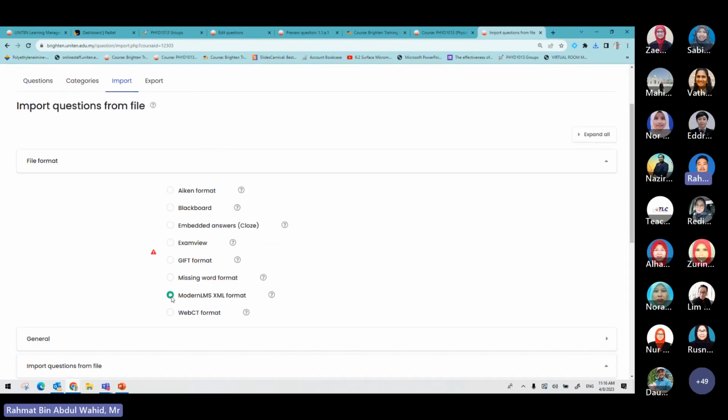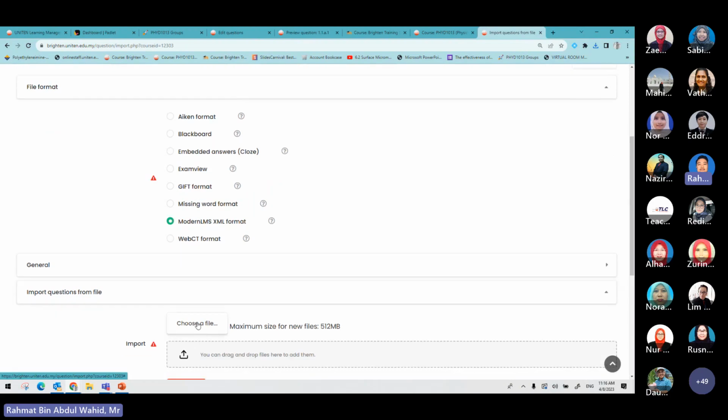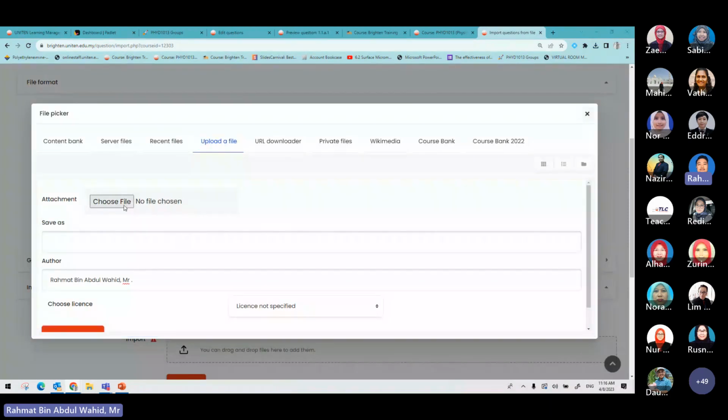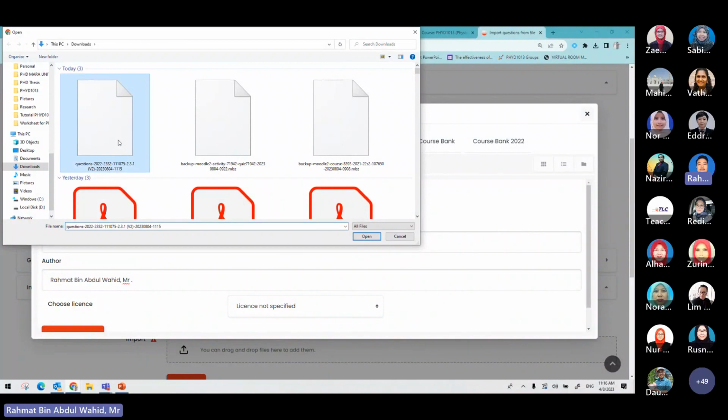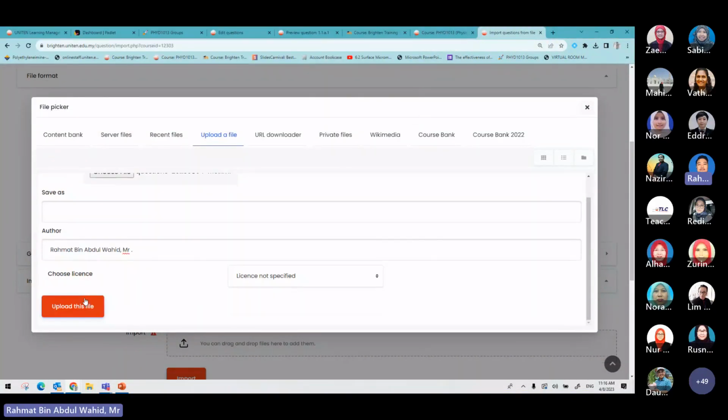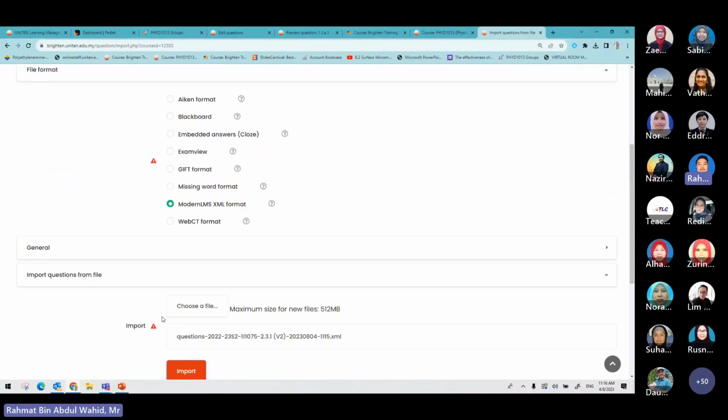Just click here and then choose a file, and the file must be from your downloaded file. Choose that file, and then you can just upload it. So you are actually only importing one question now. That's the idea. It means that you can share your question with your